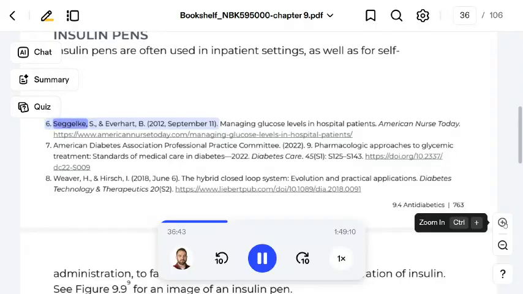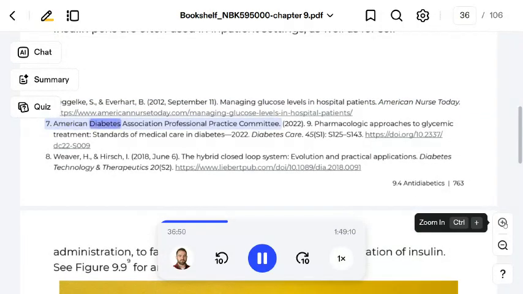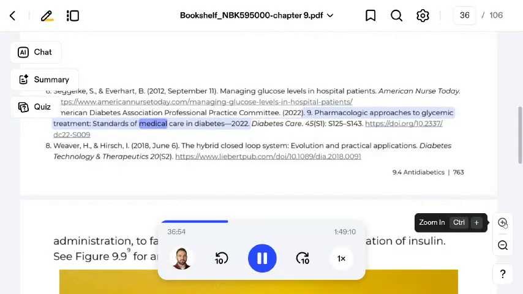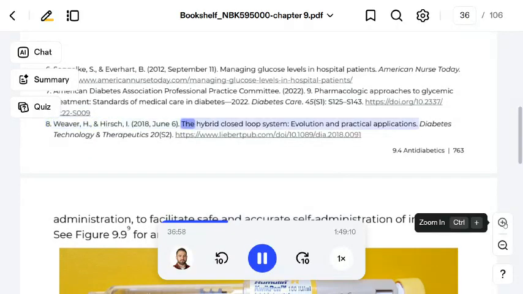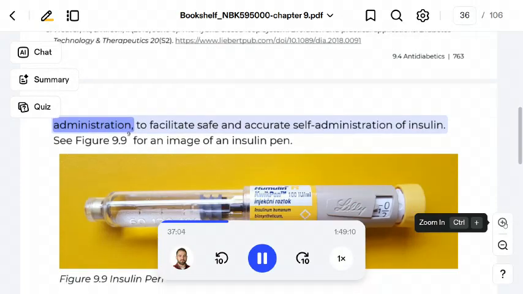6. Segulka S. and Everhart B. Managing glucose levels in hospital patients. American Nurse Today. 7. American Diabetes Association Professional Practice Committee. 9. Pharmacologic approaches to glycemic treatment. Standards of medical care in diabetes. 2022. Diabetes Care, 45S, 125S, 143, DC8, Weaver H. and Hirsch I. The Hybrid Closed-Loop System, Evolution and Practical Applications, Diabetes Technology and Therapeutics 20, Administration to facilitate safe